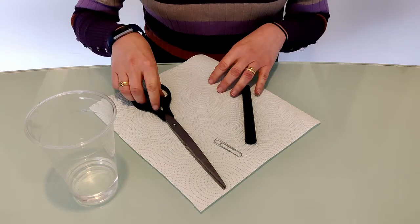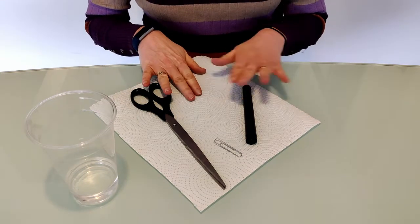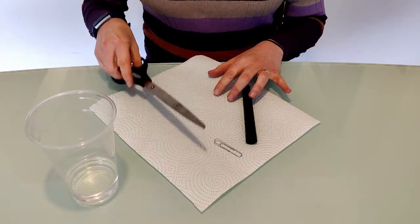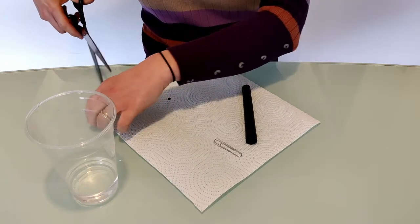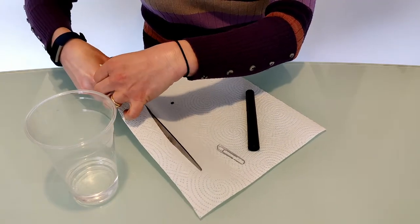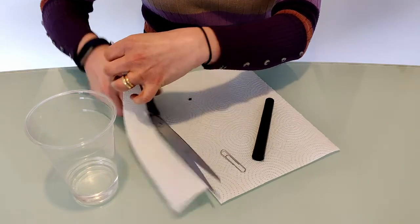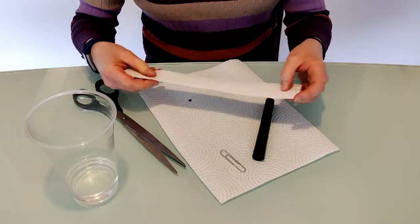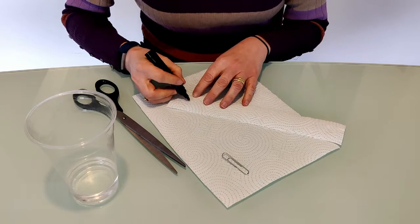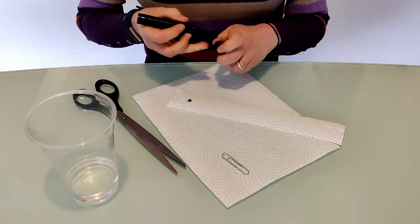Chromatography is really easy. You just need some paper, a pen and some water. I'm going to use a strip of paper so that it fits in the container. So cut a suitable strip, the right sort of length and width. Put a dot using a pen about 3 centimeters from one end